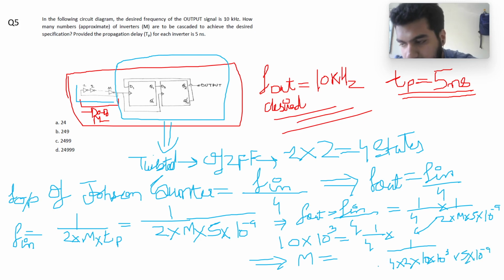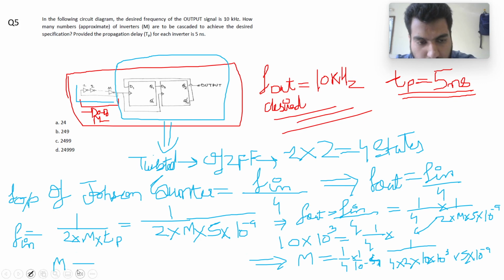So that implies this thing is equal to 5 to 10, so that is 10 to the power 5, 1 by 4 into 1 by 10 to the power minus 5, 10 to the power minus 9 minus 5, so 10 to the power minus 4. So m will be equal to 10 to the power 4 multiplied by 0.25,